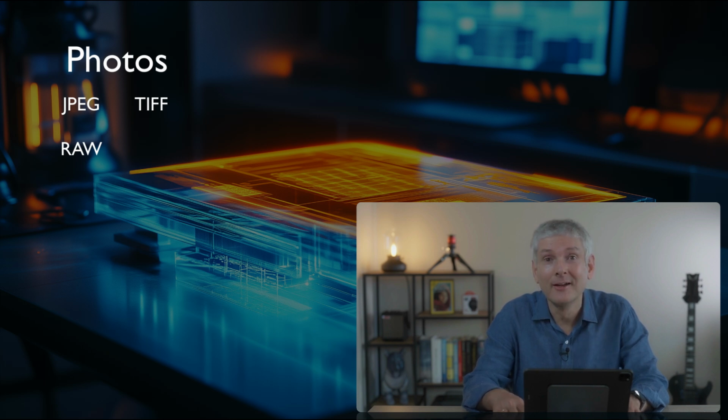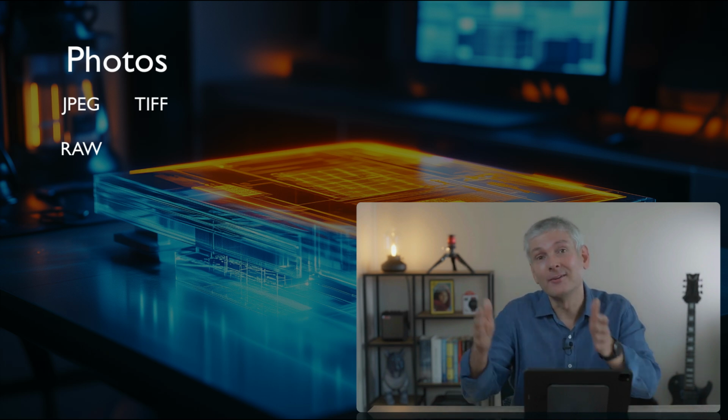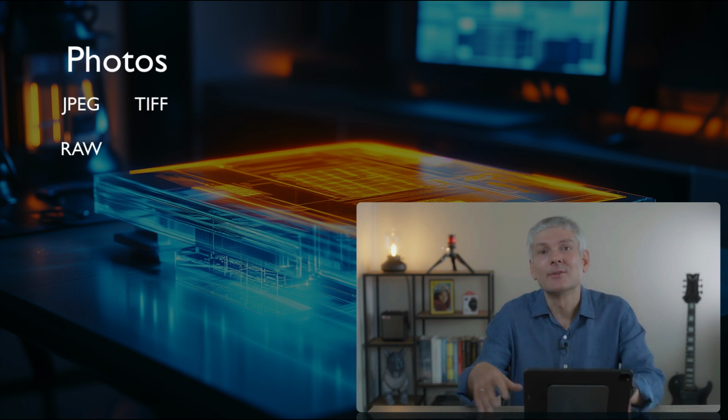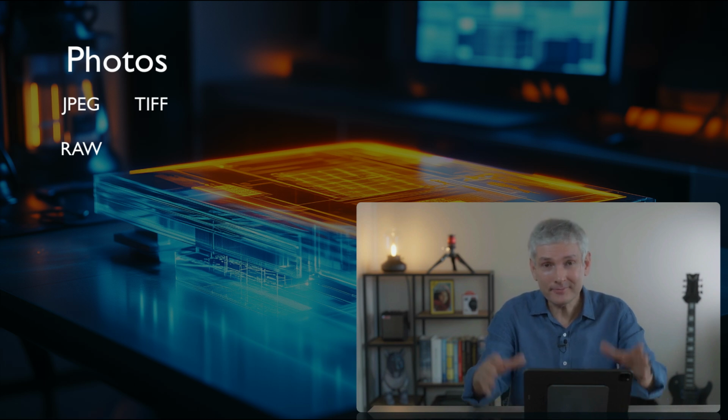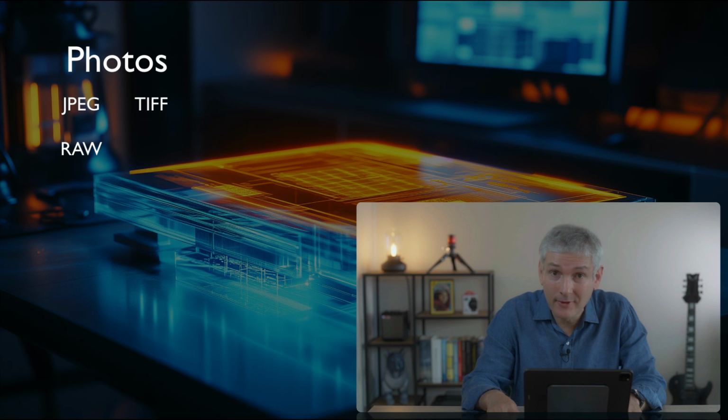So every piece of information, every bit, is in this RAW format. There's one big problem though with RAW formats, which is that they are usually tied to your brand of camera. Sony, Nikon, Canon may have, and they do have, different RAW formats. They're not universal, and who knows how long they will be future-proof. So keep the RAW formats if you have those, but just keep in mind that this is not a universal